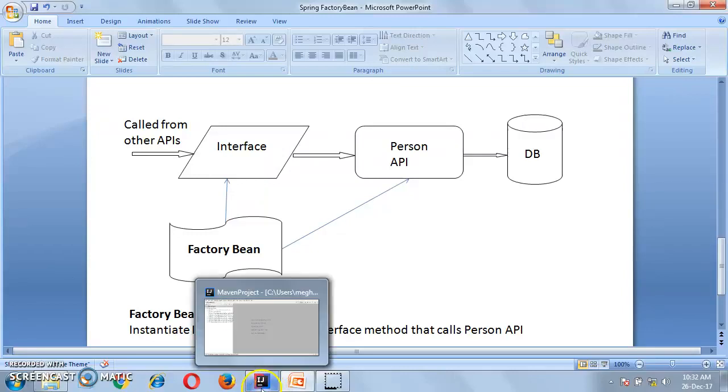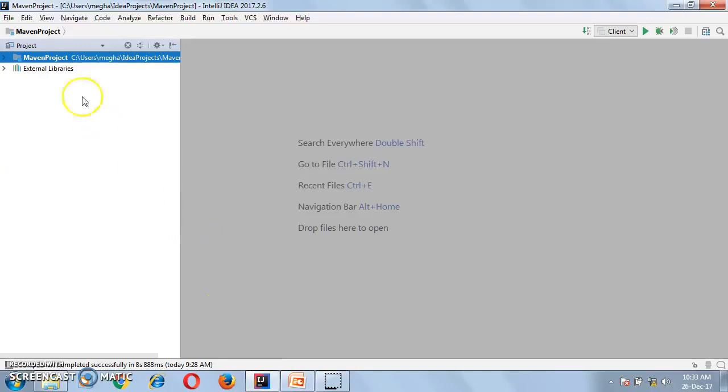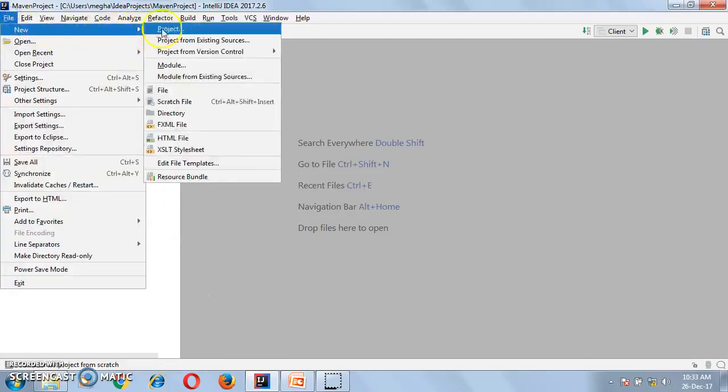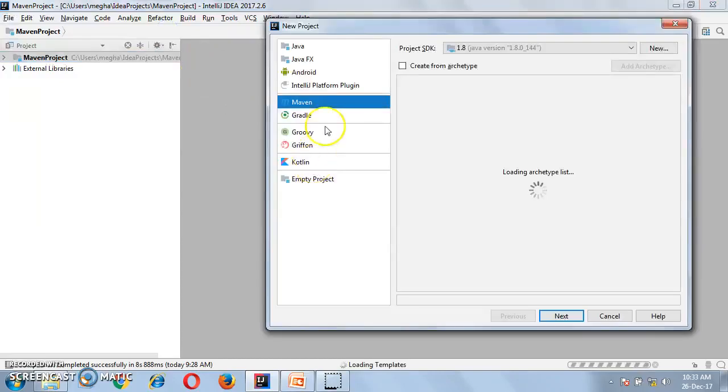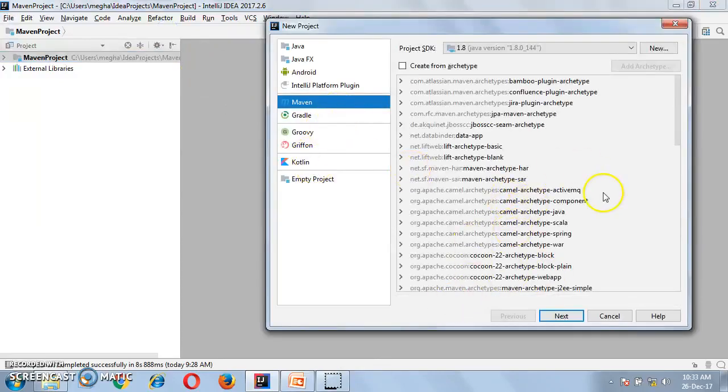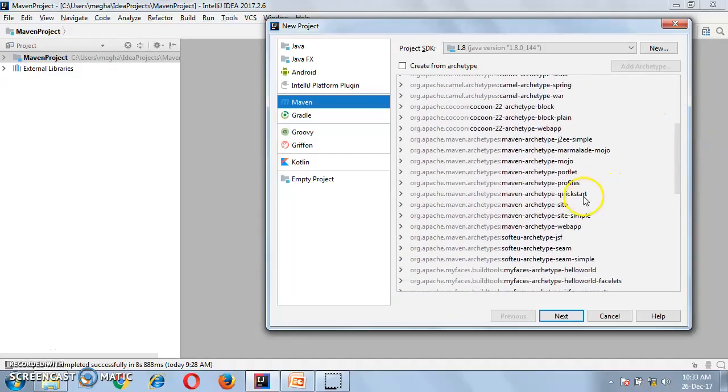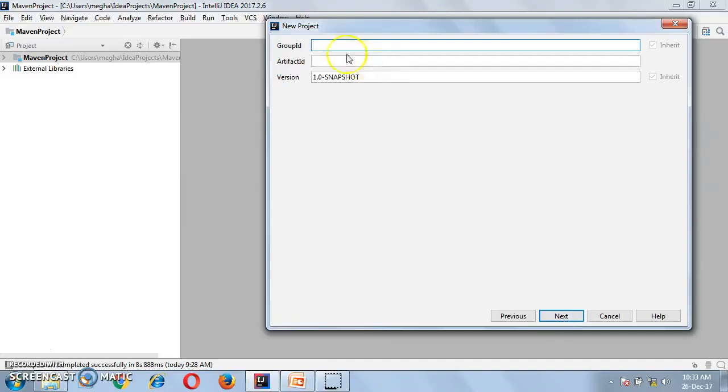Let's see the implementation of this example. Let's create a new project. We'll create a project from the archetype, Maven archetype quickstart. Let's give a group ID, and the artifact ID as Spring Factory Bean.